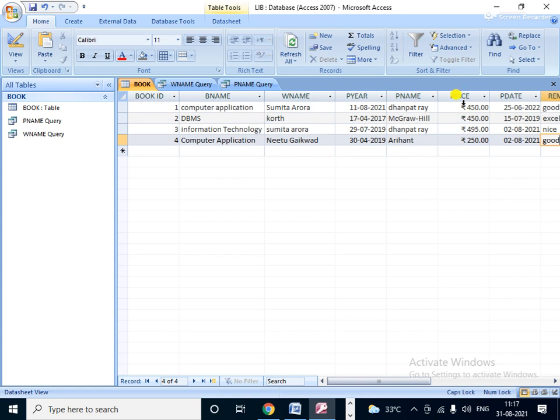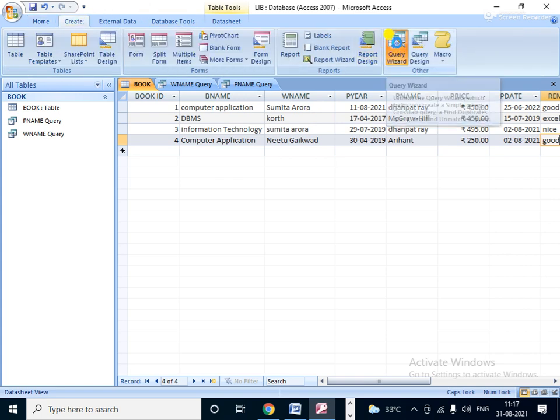And the price is suppose 250 or 350. For 250, there are two books. 250 is a computer application book here, and the other one is 450, which is Sumit Arora. So we are checking the name of the book and the price together.